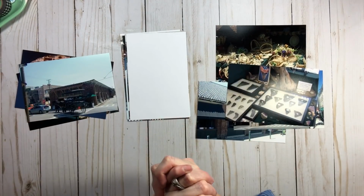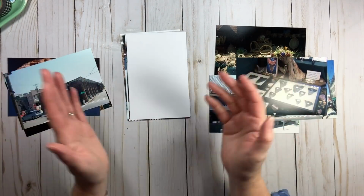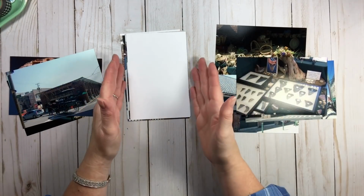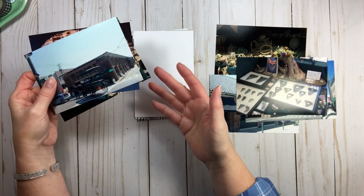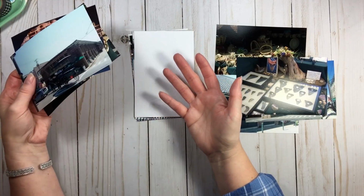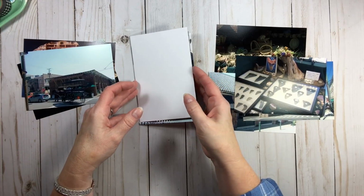And that's the process I use when I'm working with my photos. I will absolutely plan them out before I even start pulling any papers or anything. That is my left, this is my right, this is my insert, and now I'm ready to play. Didn't take very long. So when you're doing that and you have, I had 12 photos, you have to decide, okay, am I doing a 1-page or 2-page? Then you have to take away photos to fit that. And of course, since I do not want to take away any photos, I'm going to do